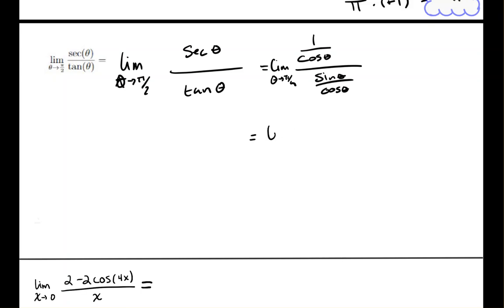So then we would get the limit, as theta goes to pi over 2, of dividing fractions. You would keep the first fraction, change the operation, flip the second fraction. And here we see that the cosines would cancel, particularly since we're inside a limit. And this limit simplifies to be